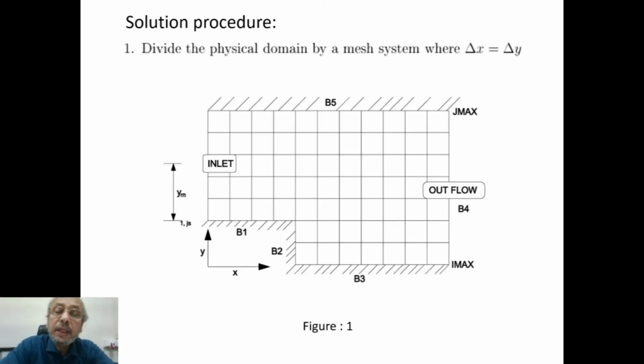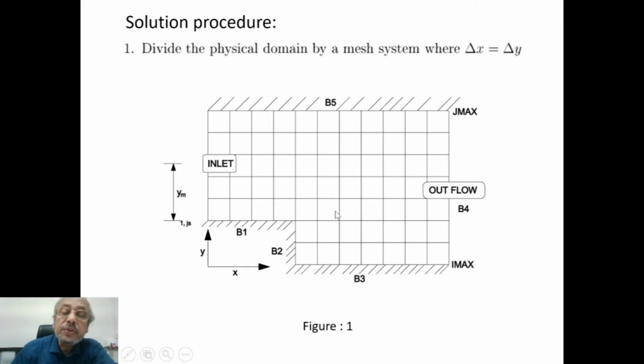Together with the solution strategy, we take a model geometry where we'll be discussing the solver first, then we'll extend it to other geometries also. This geometry is called the backward facing step. You can see there is one step at the bottom wall. The top wall is plain, like a plain channel wall. This is the inlet through which fluid comes, and B4 is the outlet boundary through which the fluid leaves.